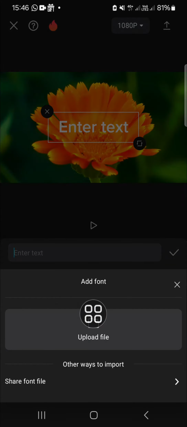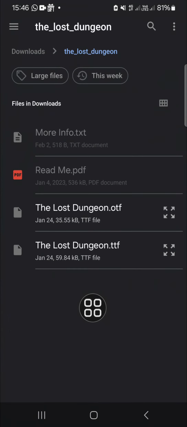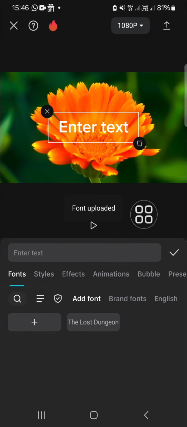I have downloaded some fonts from the internet and I'm going to add that font. We can click on upload file and just upload the font you have downloaded. I'm going to add this font to my Capcut, so I'm going to click on it. And as you can see that the font has been uploaded to my Capcut and we will be able to